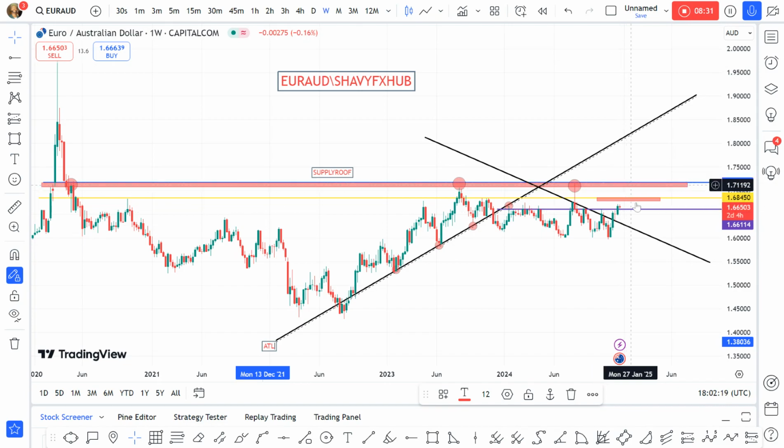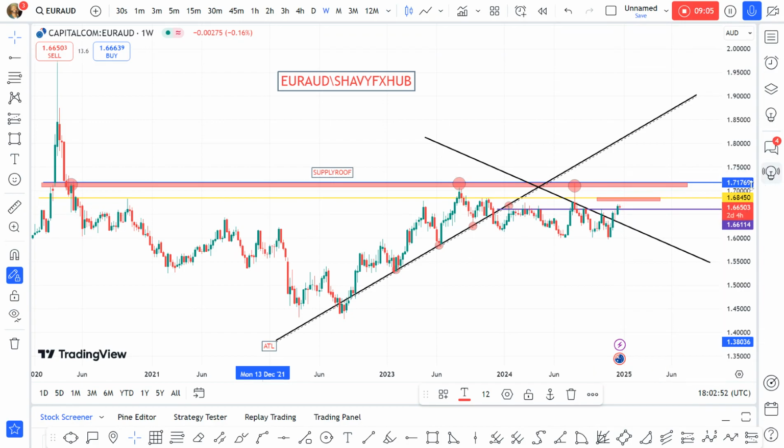However, we have to be patient to see the weekly candle close. But there is nothing to wait for, because last week broke the January, February, March, April, May supply roof. That roof has been broken. So what we come here for is a retest and to continue buying. So when the market opens tomorrow, Euro AUD will find a way for a buy. So we look on intraday, 3 hours, 4 hours, for a buy opportunity, please. Look for a buy opportunity, Euro AUD.